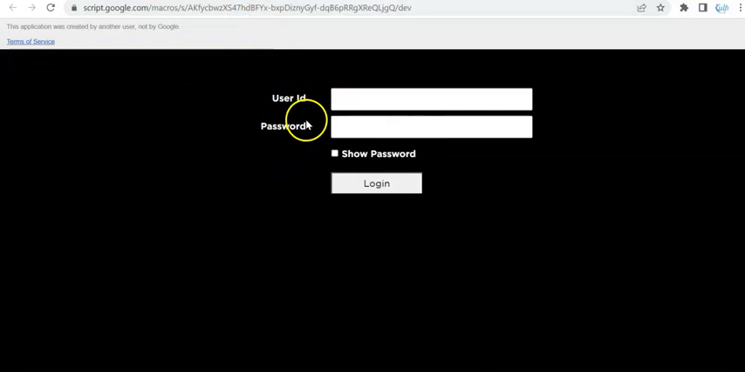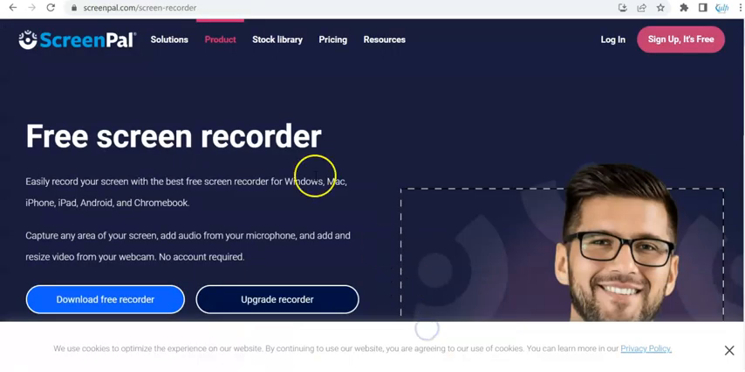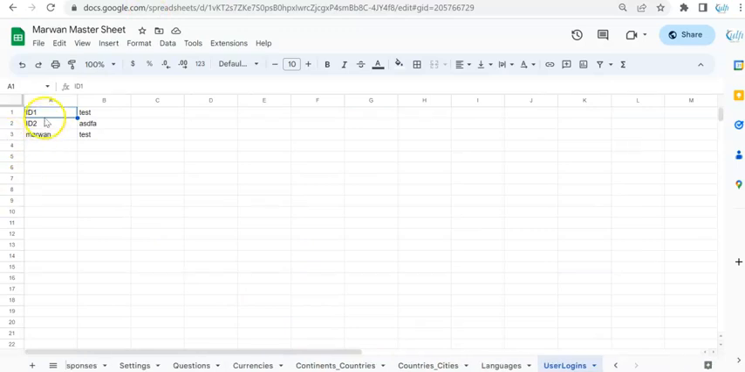Now, this one is like a password protected form. So whoever has the user ID and password can log in and submit the form. The user IDs and passwords are recorded in the spreadsheet. So I have over here a tab called user logins, which has the user IDs and passwords, right? So you can add a new user ID over here,